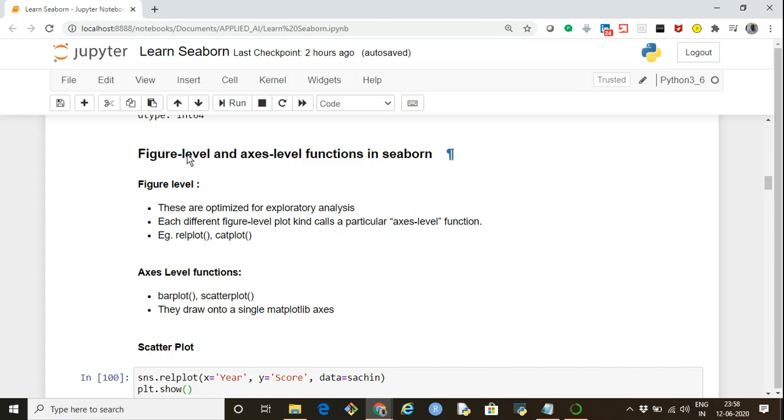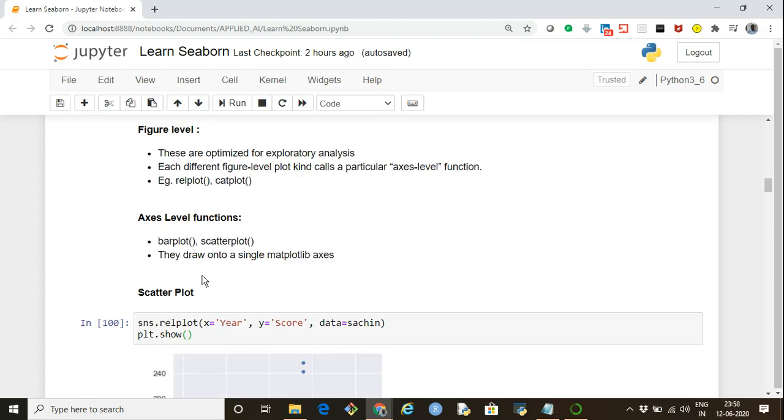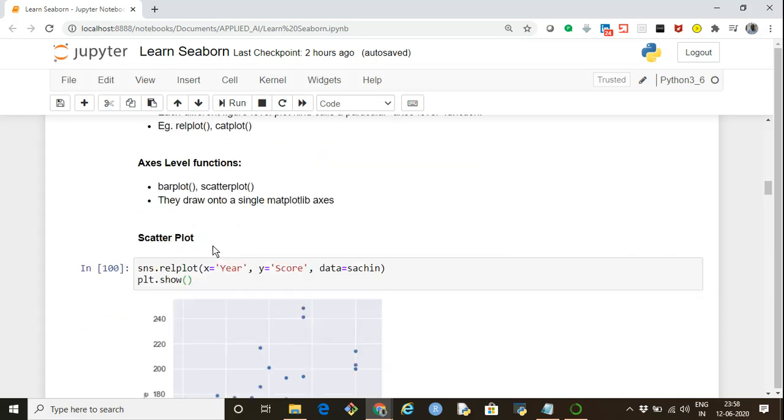With a figure level function, we can use one function and specify different types of charts by specifying the kind, like whether I want a bar plot or scatter plot. Whereas in axis level functions, we directly specify the type of plot, like scatter plot or bar plot, so there is no kind as such. Let's go through the example.